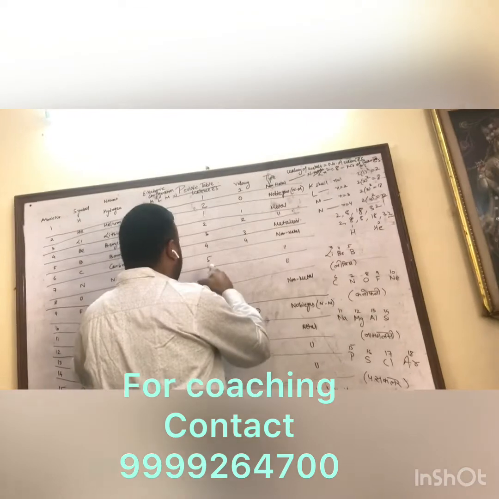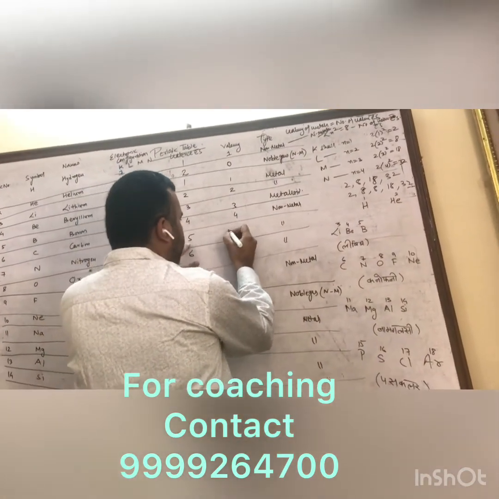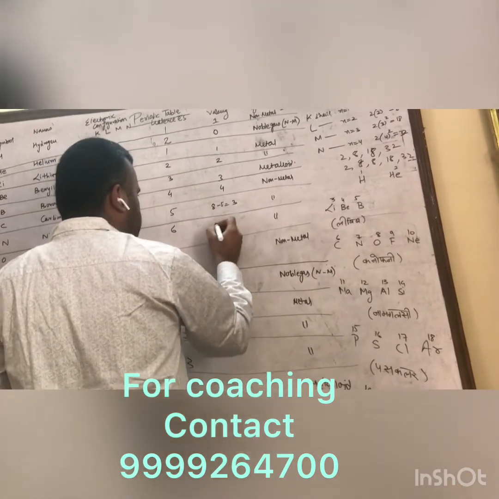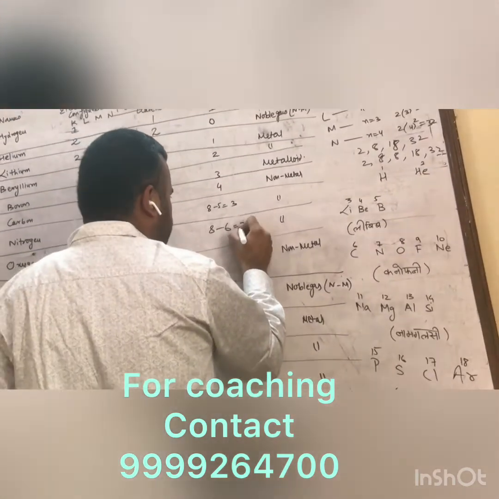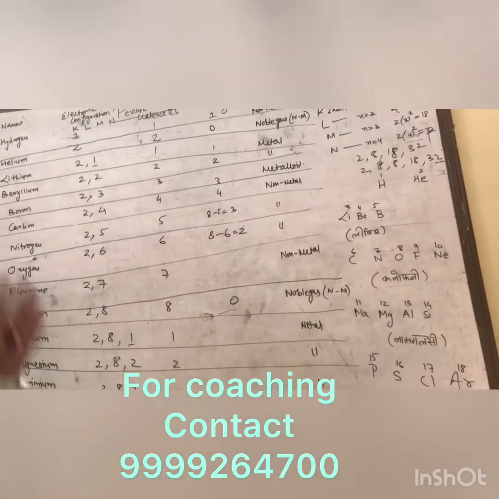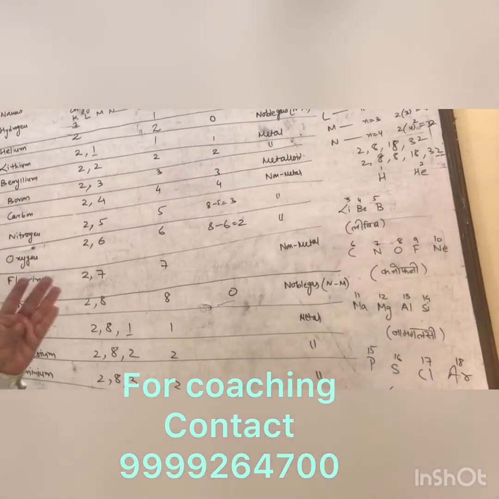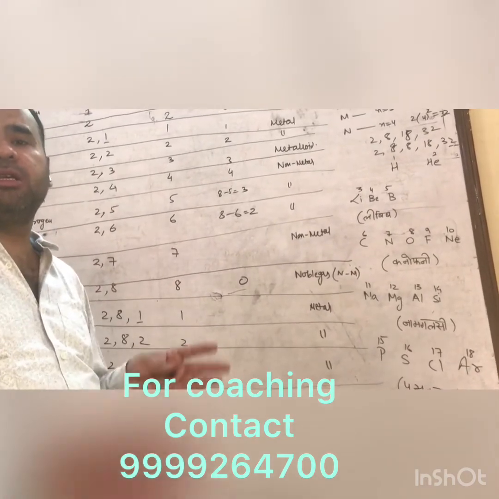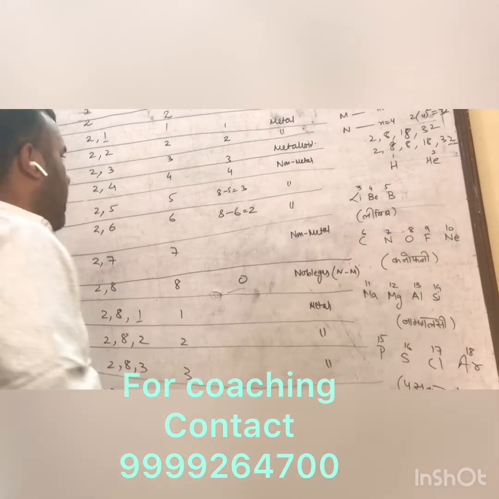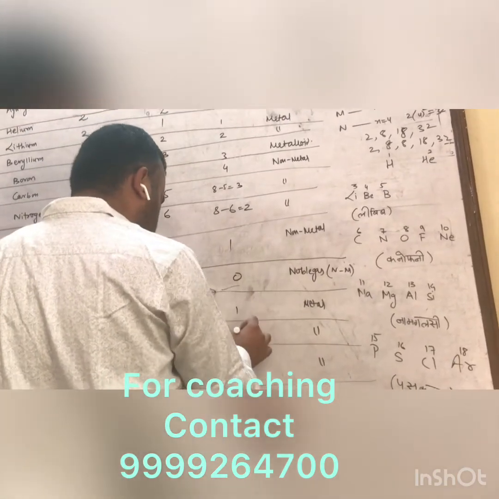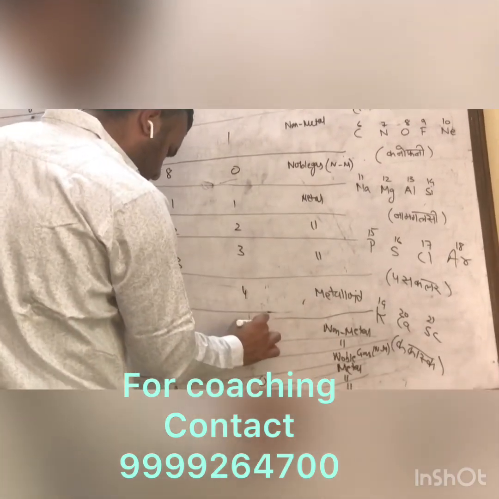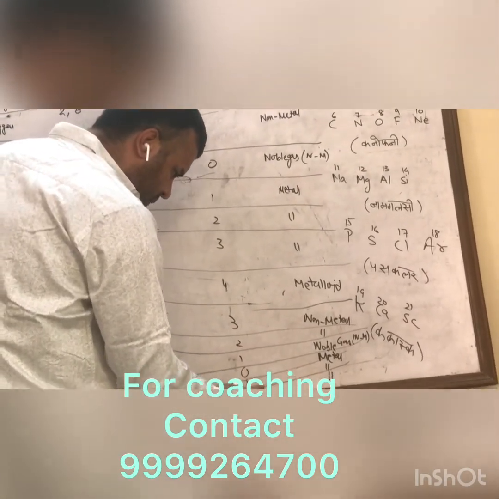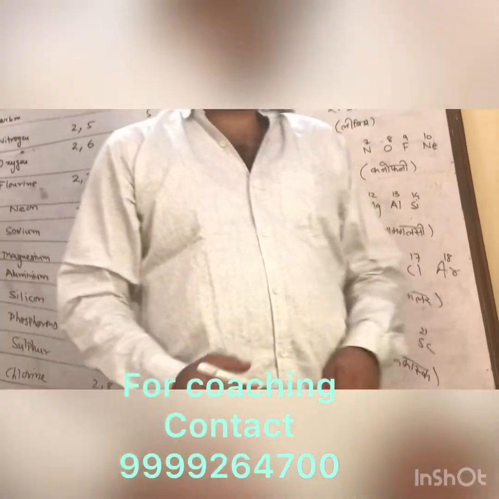Nitrogen is a non-metal. Valence electrons are 5, so valency is 8 minus 5 equal to 3. Similarly, oxygen is a non-metal. 8 minus 6 is equal to 2. But oxygen forms the oxide ion, 2 negative. Again and again I am telling you the same thing, that metals have positive valency and non-metals have negative valency. So it goes like this: 4, 3, 1, 0, then 1, 2, 3, 4, then 3, 2, 1, 0, and 1, 2. So this is all about the periodic table.